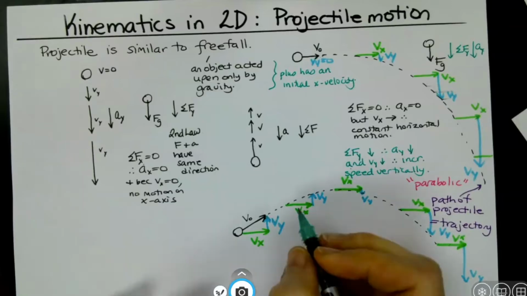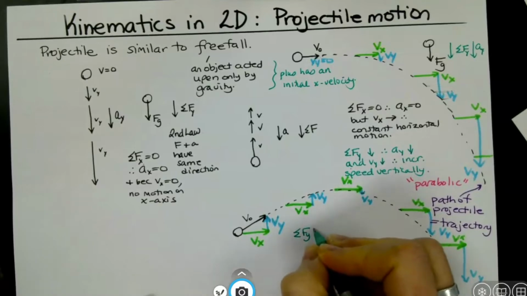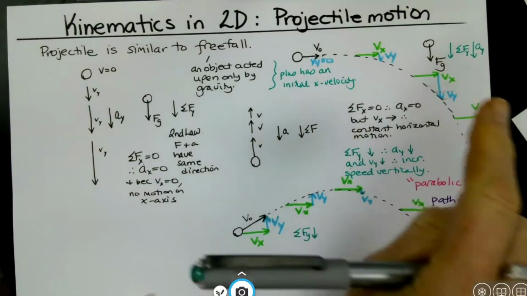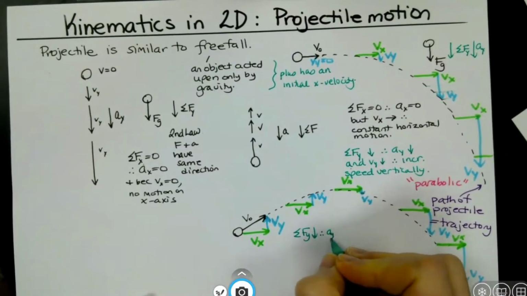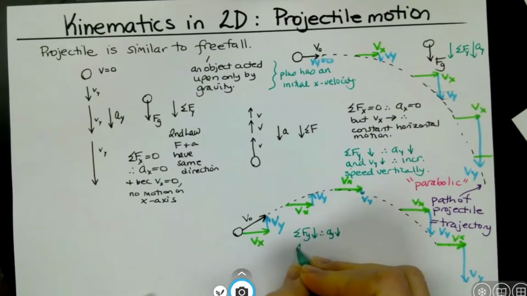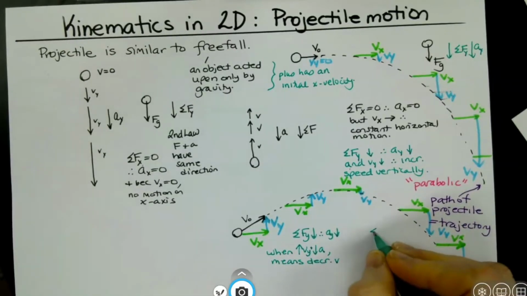So again, you'll see here you've got net force on the y has to be down because this free body diagram here doesn't change. Therefore, acceleration on the y is down. Since it's moving up, when v is up and acceleration is down, that means decreasing speed. We've been talking about motion diagrams all year. And again, on this half of the trajectory,